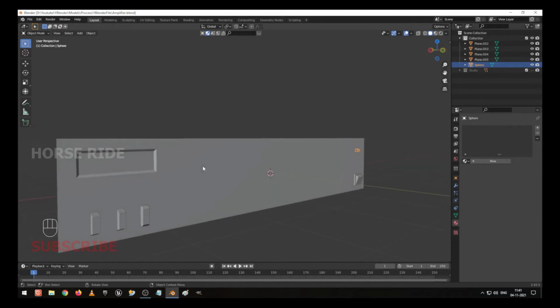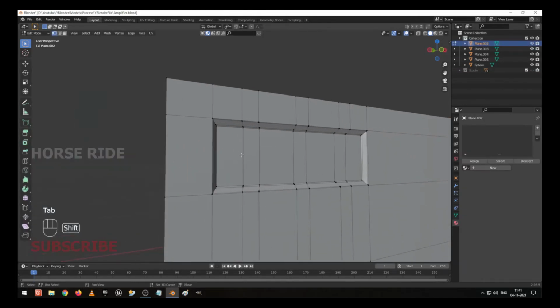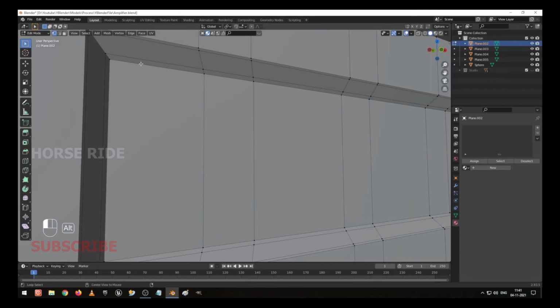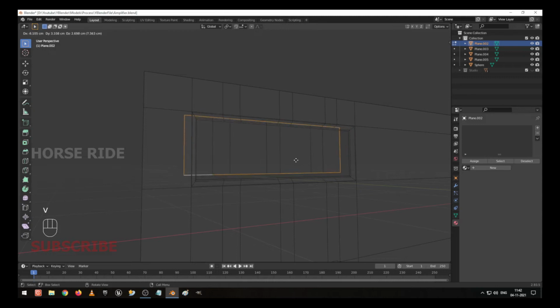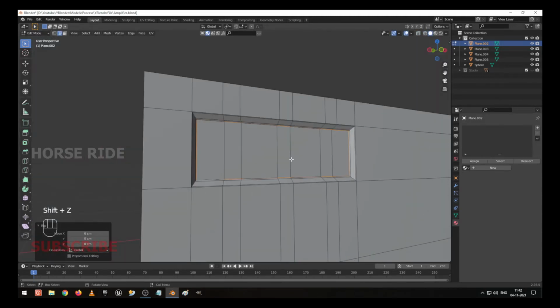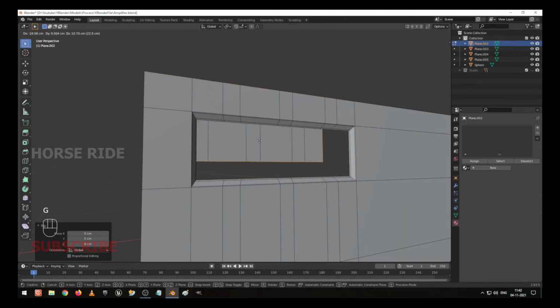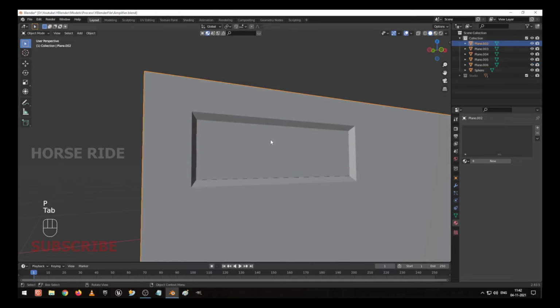Now this front panel is always going to be different. Okay, I go to the edit mode, and I select these edges. I go to the edge selection, I select this, select this, select this, select this, and I press V to move. Okay, so Z, G to move. You can see it has been moved separately, and I create it as a separate selection.